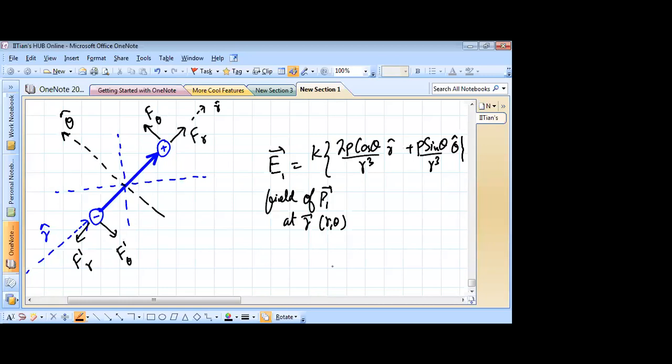Alright, so this is clear. So your net force